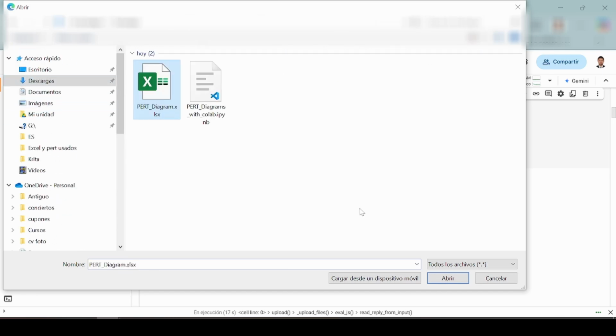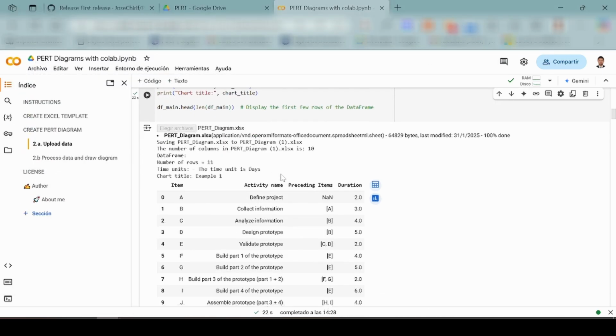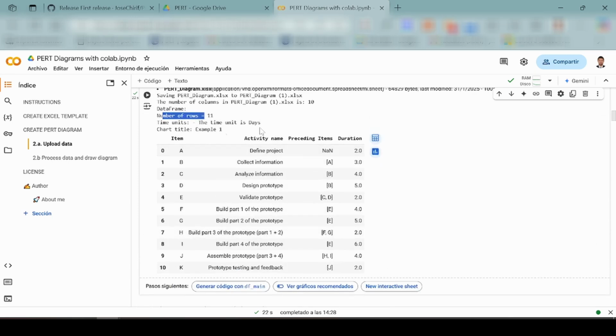You will see here the chart title if you put one. If not, the chart title will be PERT diagram. Time units if you put one. The number of rows of the data frame, that's the table of the Excel, and here the data frame, the same table that you filled in the Excel. That means that it's loaded correctly.